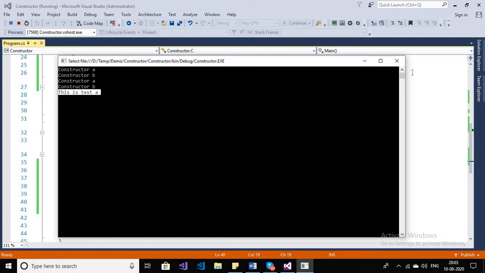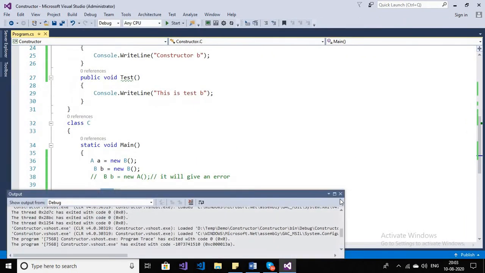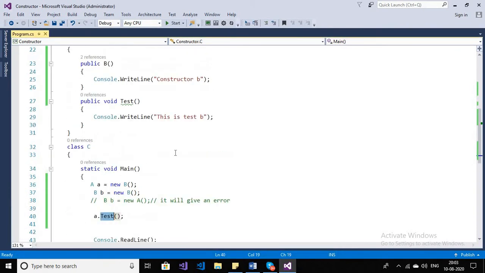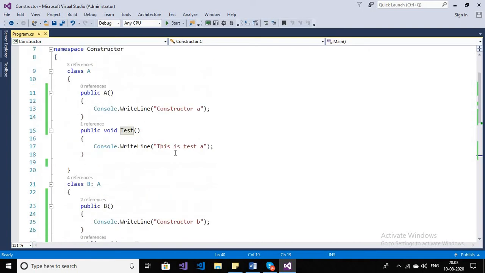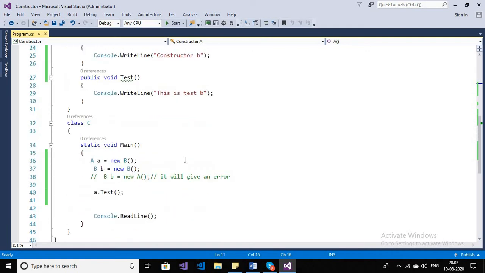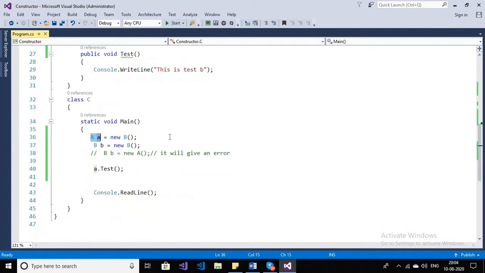It has executed the parent class A test method, because here I have taken an object of the parent class A type, so it has executed the parent class method.